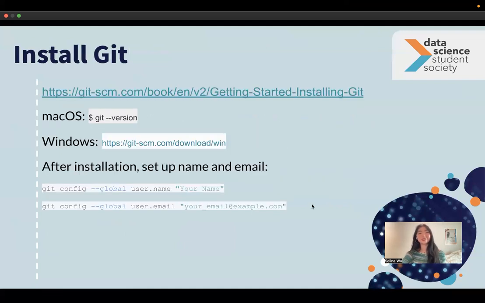So if you haven't installed Git, I would recommend doing that now. You can go to this website over here. You can honestly just type in Git installation and it'll probably take you there. Or you can try this. If you're on Mac OS, you can just type this Git version. And if you don't have it installed, it'll probably say, like, do you want to install it? And just do it. If you're on Windows, you can go to this website too. And it should just start the installation. And then after installation, you just want to give them your name and email. And this will just help with tracking who's making changes when you put in your edits